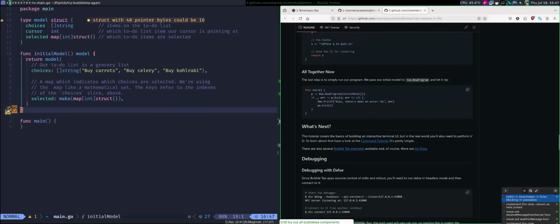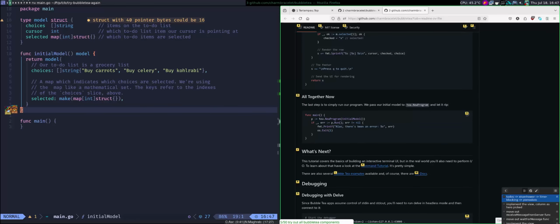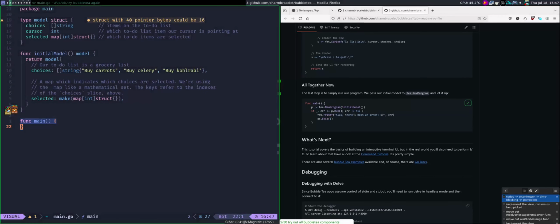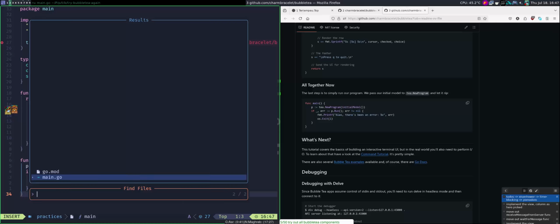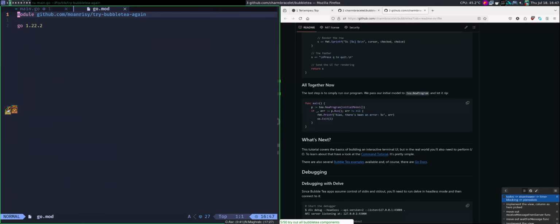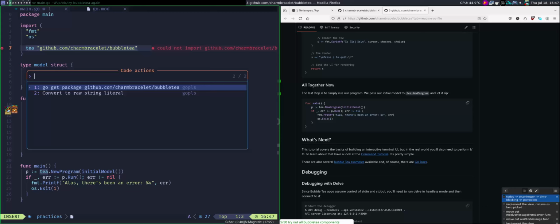So the neat part is, if you just jump into the main function and I paste it here, notice there is an error on the call, not import GitHub, because the module does not have that dependency, right? Then I can jump into it, then use code action to automatically go get.